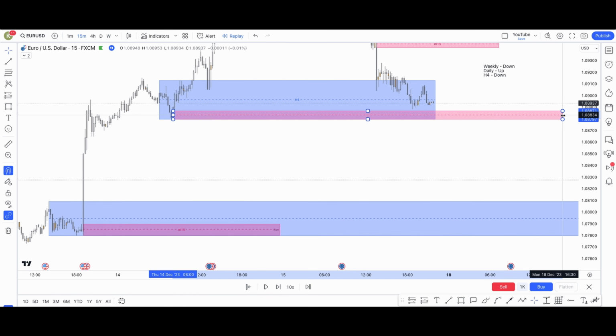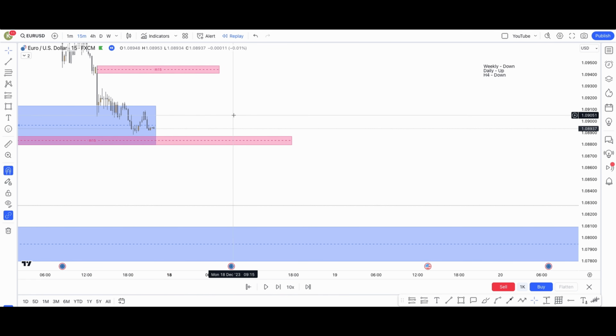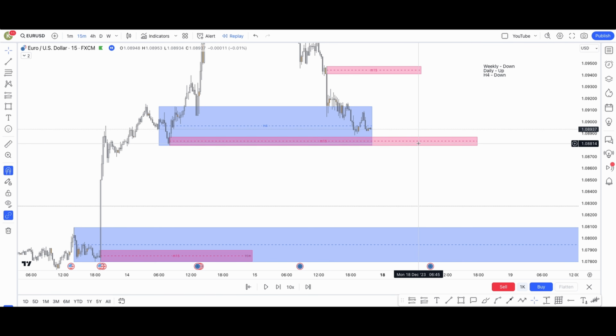But generally speaking, if the H4 is bossing up, you should be looking at the 15-minute POIs, which are available lower than where you currently are. So you want to try and get into the pullback. Okay, so